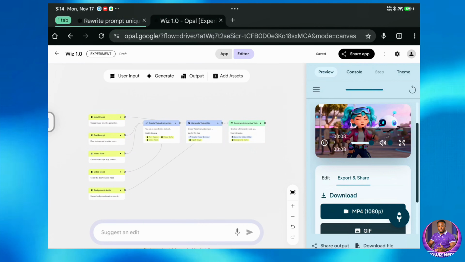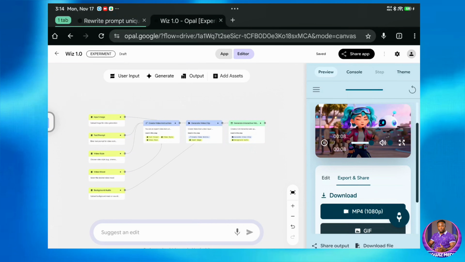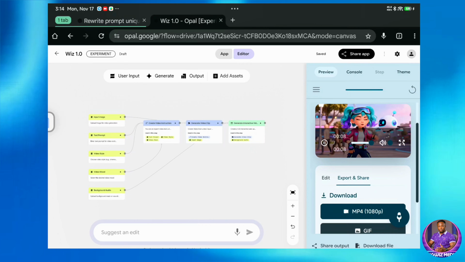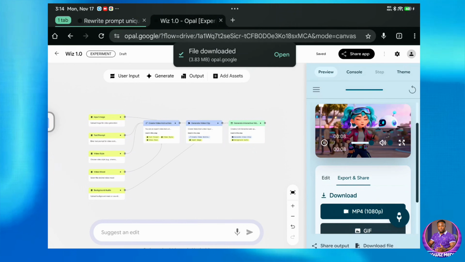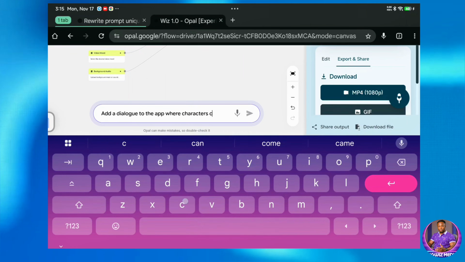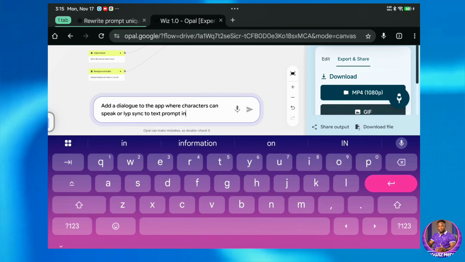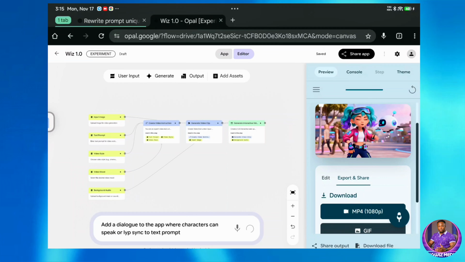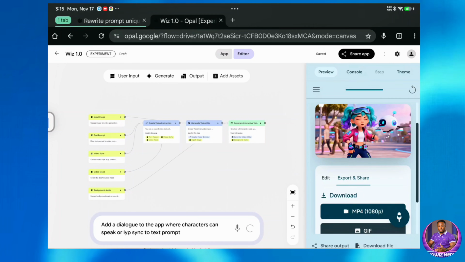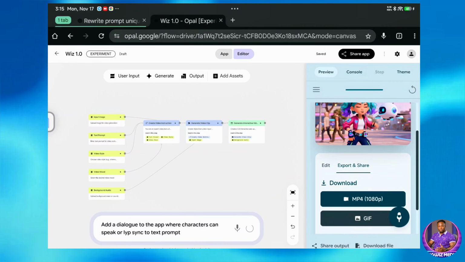You'll notice there was no dialogue in the video. That's because we didn't add a dialogue feature to our app initially. However, you can use the Suggest Edit feature here to add that functionality, which is exactly what makes this tool so powerful. I actually have a full tutorial dedicated specifically to Google's Opal, so be sure to check that out